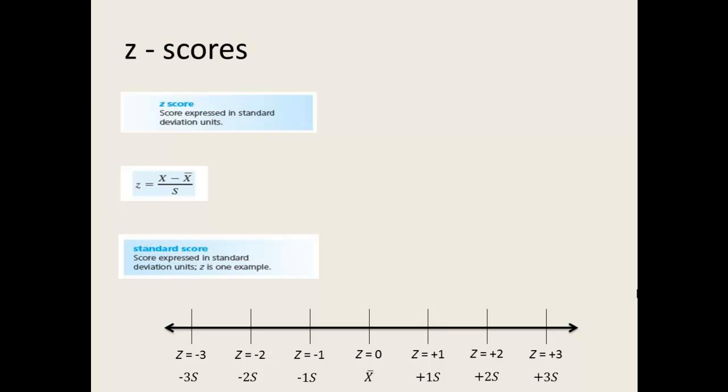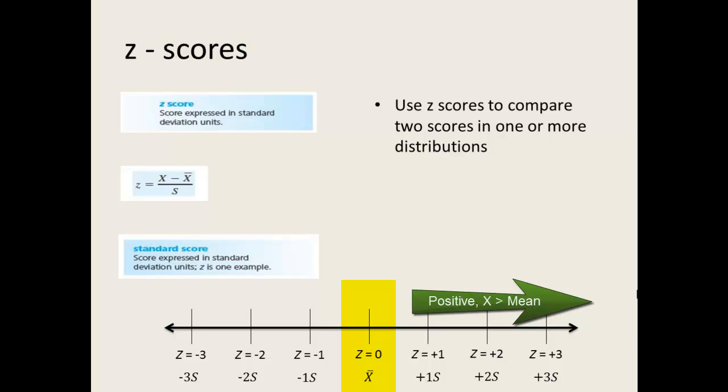Think of z-scores as a number line where the value 0 corresponds to the mean. Z-scores to the right are positive and represent raw scores that were larger than the mean. Z-scores to the left are negative and represent raw scores that were smaller than the mean. One advantage of using z-scores is that you can easily compare two or more scores on the same measure or